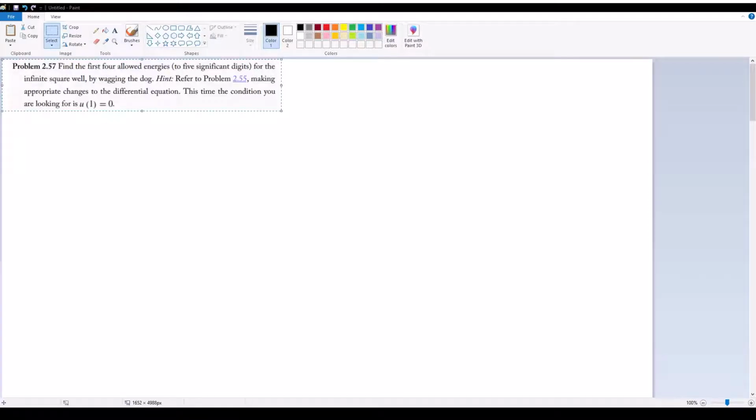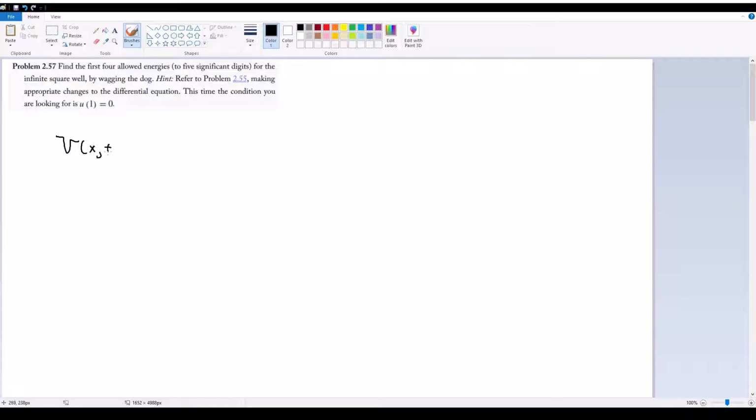2.57 is pretty much the same thing as 2.56 and 2.55. The only difference now is that we're doing the infinite square well instead of the harmonic oscillator. So we know this type of potential by heart now, hopefully, which is that for an infinite square well, we